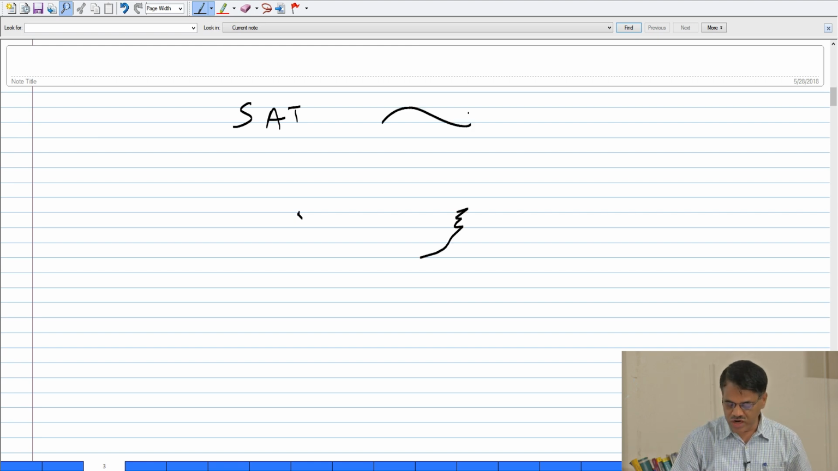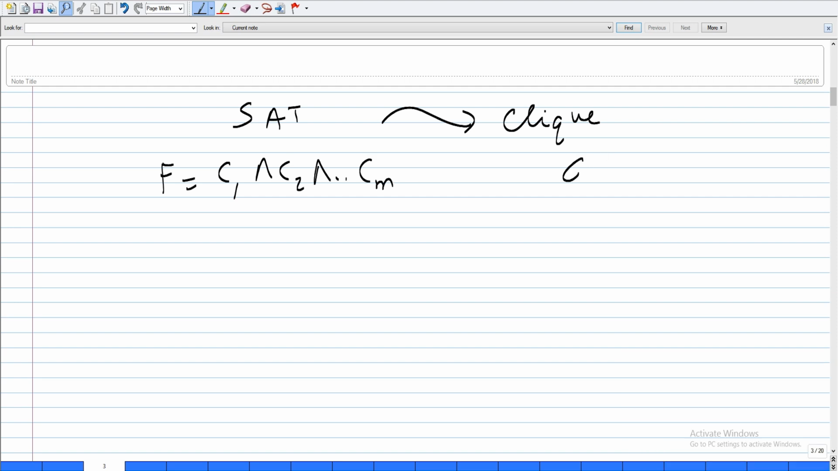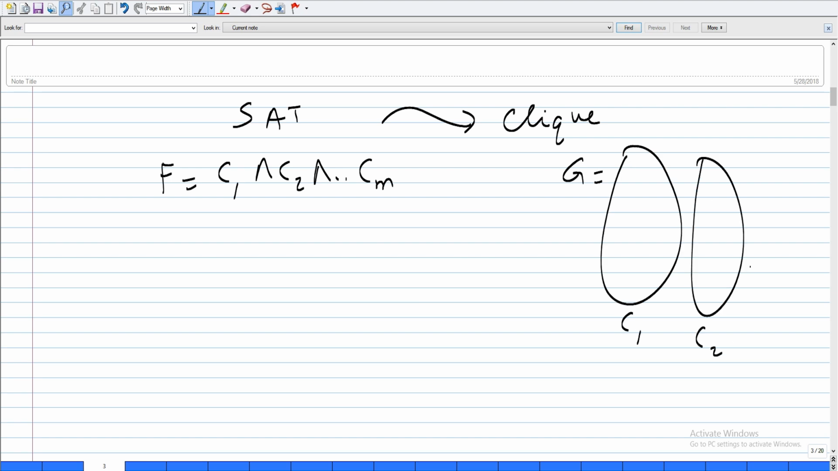So, SAT to clique. You are given this formula f, and my graph is going to contain these vertices. This corresponds to C1, this corresponds to C2, this corresponds to Cm. So the number of vertices would be the total length of this formula, right? The number of variables in C1, that many vertices are in this set, and so on. And the number of edges, so the edge set would be,